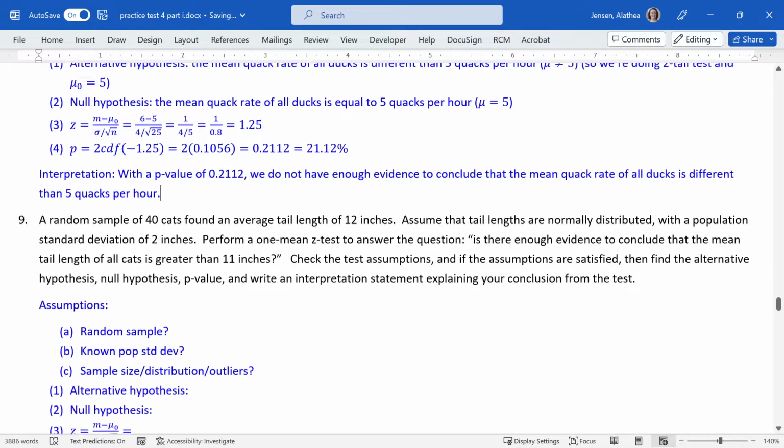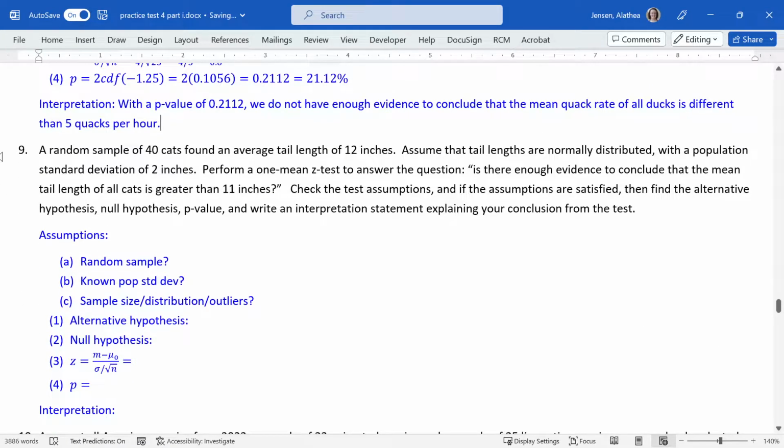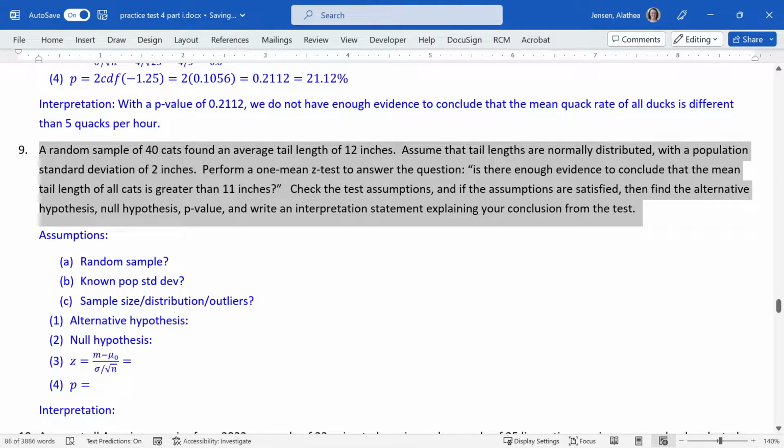Okay, so let's look at the last one of these. A random sample of 40 cats found an average tail length of 12 inches. Assume that tail lengths are normally distributed with a population standard deviation of 2 inches. Perform a 1 mean z-test to answer the question, is there enough evidence to conclude that the mean tail length of all cats is greater than 11 inches? Check the test